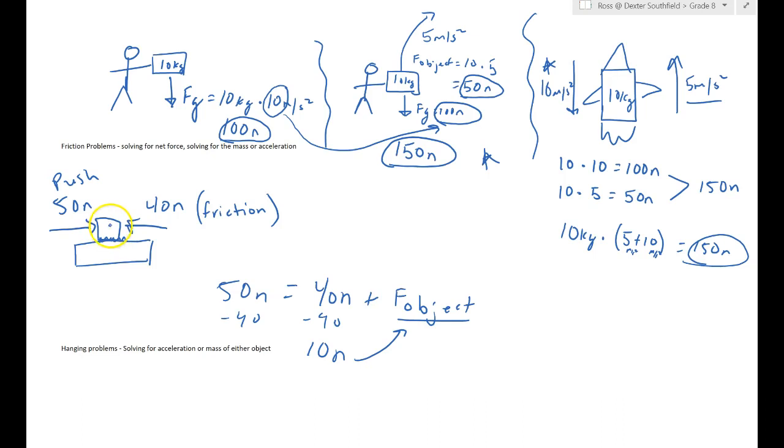If we just say, to make the math simple, it's 1 kilogram, then we know that it will accelerate at 10 meters per second squared, right? 10N equals 1 kg times our acceleration, divide both sides by 1, our acceleration is 10 meters per second squared. In other cases, we are solving, just like we were up in these other problems, rather than solving for the force of the object, how much is placed onto the object, maybe we're told, okay, you want it to accelerate at a certain rate,